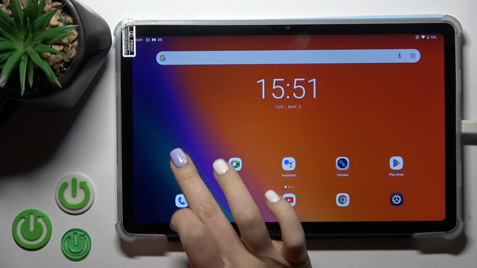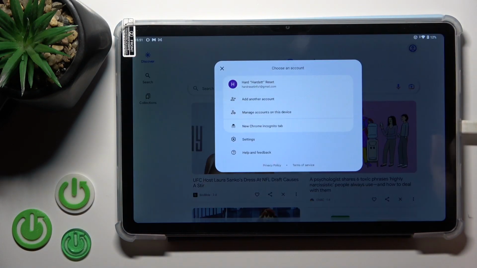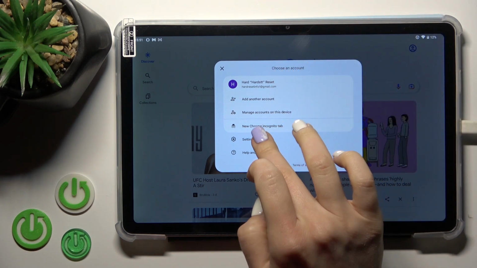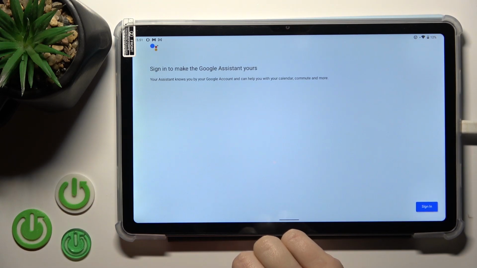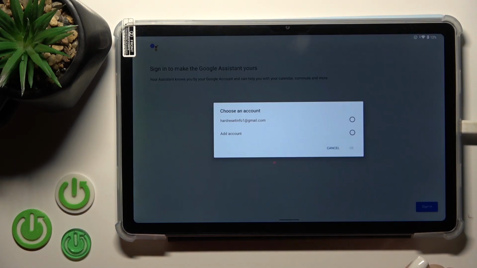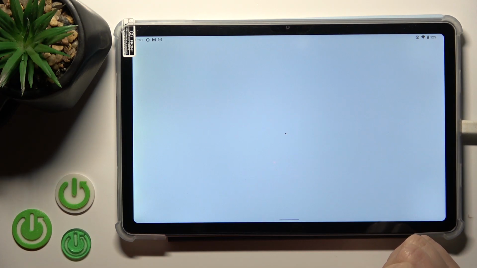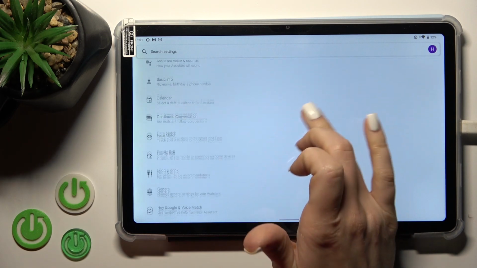So first, let's launch the Google application and then tap on the right upper corner. Be sure that you are logged in to your Gmail account. After that, just tap on Settings and click the Google Assistant section. Tap Sign in, select your account, or just scroll down to the general options